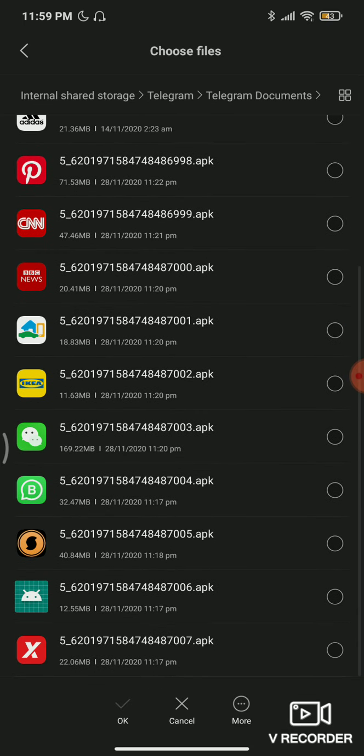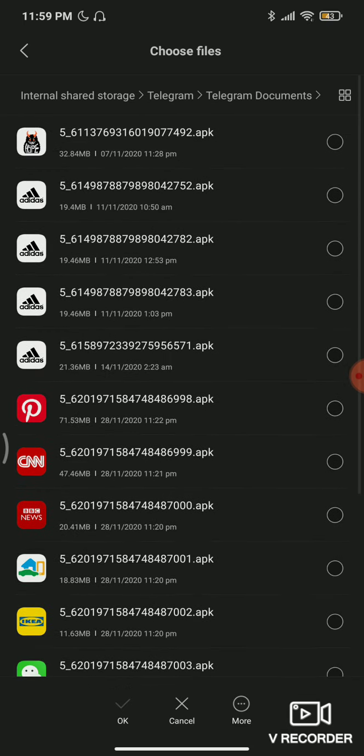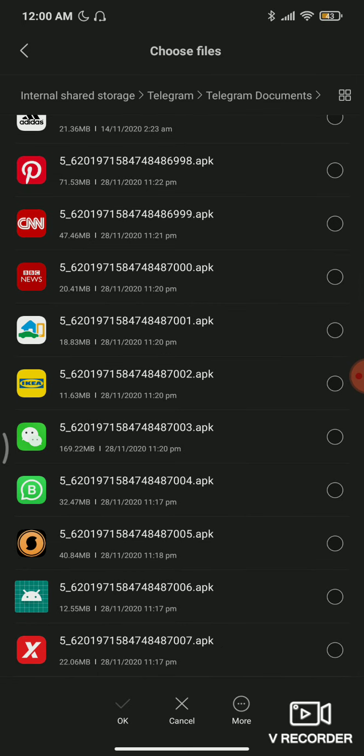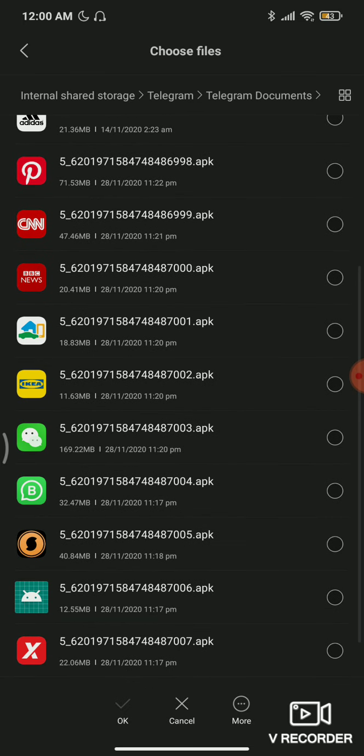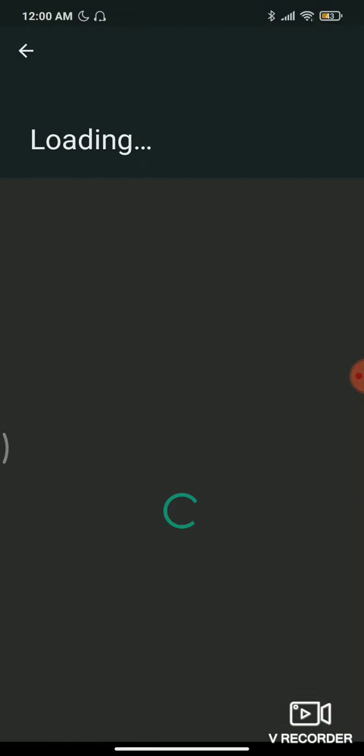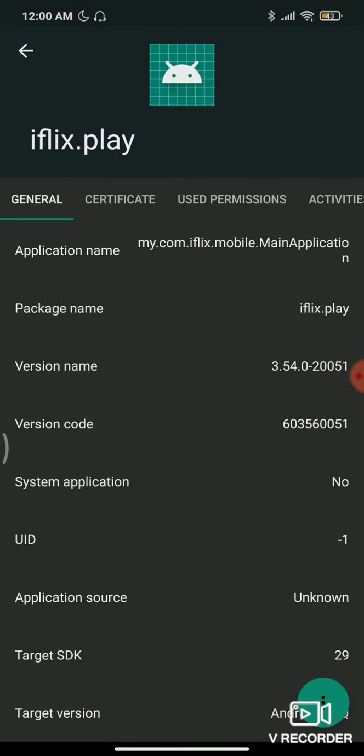For example, here I have a list of applications that I have downloaded: CNN News, BBC News, Mudah.my, IKEA apps, WeChat, WhatsApp Business, SoundHound for sound recognition, and also iFlix. If I go to iFlix, I select it, okay, and the APK will load in my